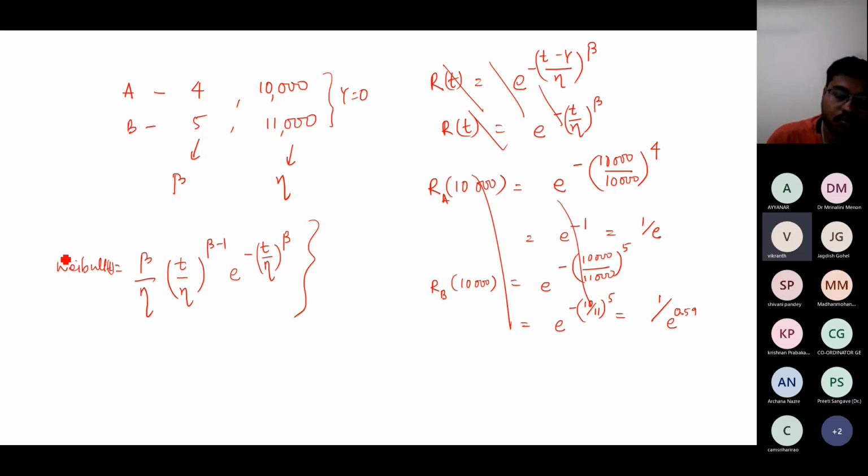Sir, in the lecture they have told that Weibull of alpha beta, once I get that, it is the survival probability or reliability. That's what I've recorded in the lecture notes. They talked about the failure rate, right? In a particular problem, survival probability, then 1 minus survival probability, they are given as reliability. What I understand from the lecture is that B will be the answer because B has more reliability compared to A. I mean, if I can present it,